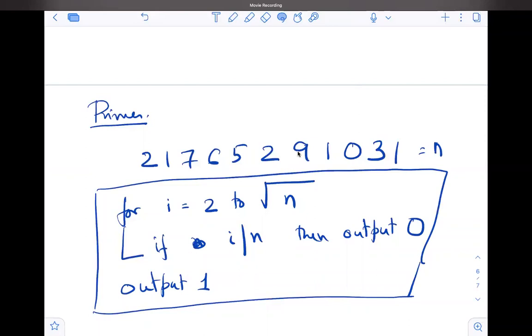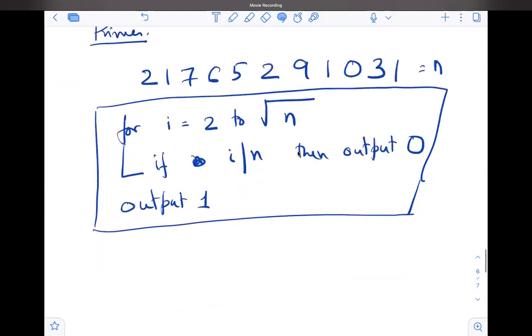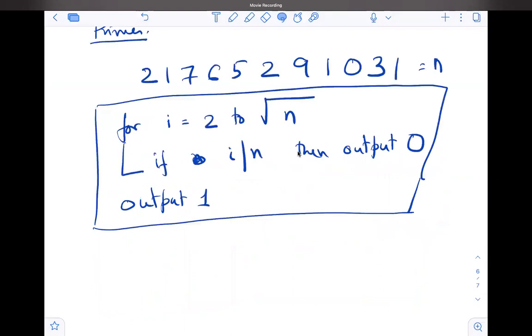So there has to be an argument which shows that this is the best we can do, right? First of all, I'm saying that this is an algorithm, right? It's the correct algorithm. This algorithm will output the correct thing. There's no doubt about that, right? The question is how many steps this algorithm takes. So the number of steps is square root n. Exponential. Square root n, but the input size